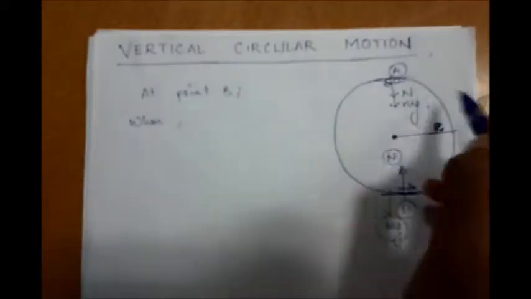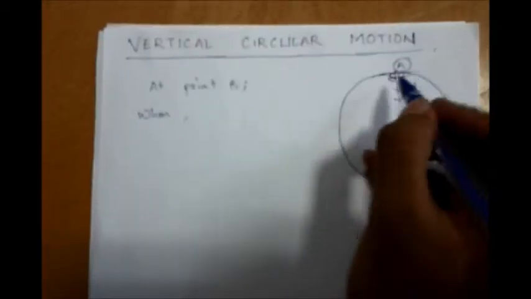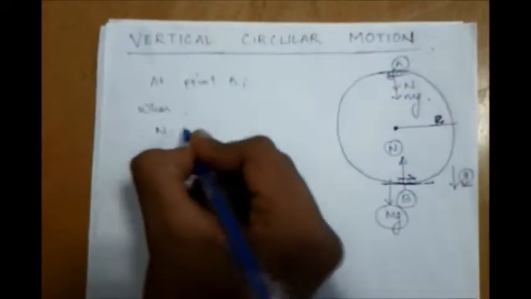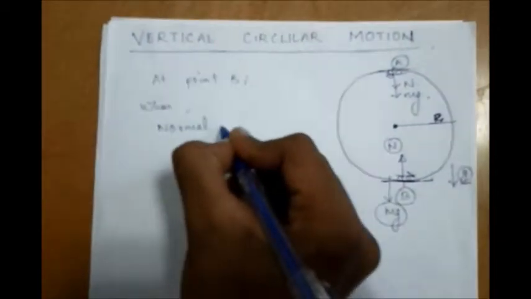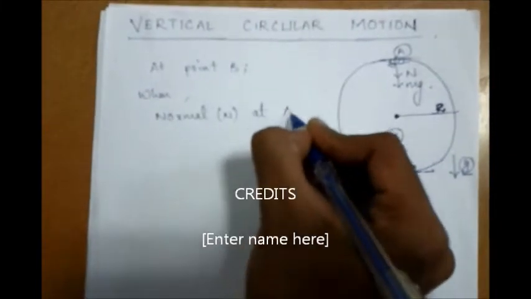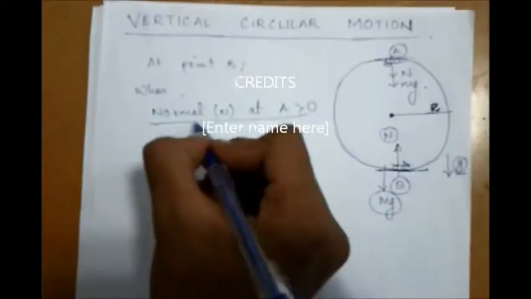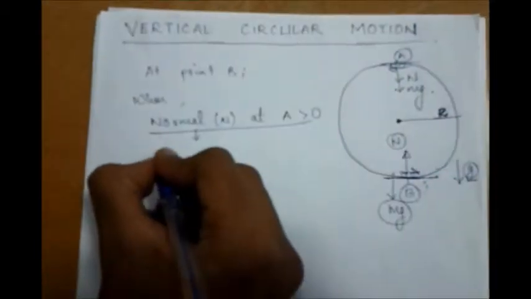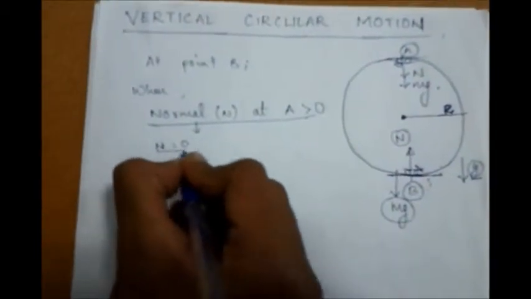So when we want to calculate the minimum velocity with which the bike rider should start his motion from point B so that he can complete the circle, we have the normal reaction at A should be just greater than 0. This will give us the bare minimum speed with which he should start from point B so that he can complete the whole circle. Now, for our calculation, we can take normal just equal to 0 so that we can find the minimum velocity here.